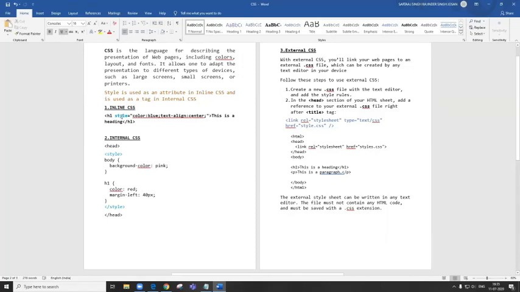Style as an attribute is used in inline CSS. This is one line which you have to remember. Keep it in your brain, underlined, bold, and italics, that when you are using inline CSS, style will be used as an attribute with the element that you want to style. And the writing down of the declaration block will be the same that we have discussed. The declaration block consists of the property and the value.